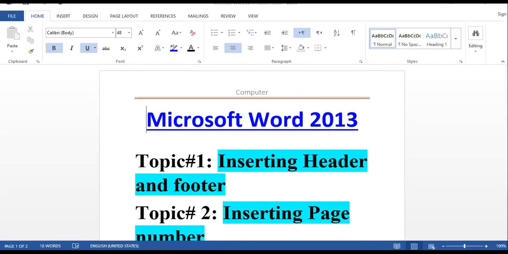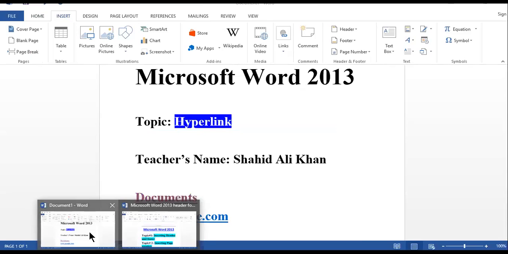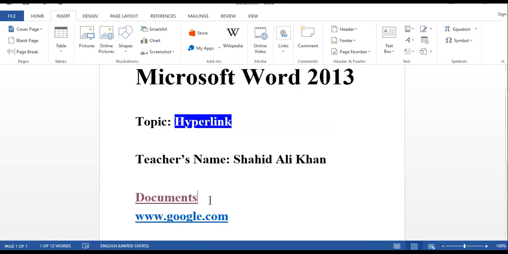Again I will move towards the hyperlink option. After you click, the hyperlink color is changed, because you have used that hyperlink. Now I will move on to the next hyperlink, which is related to the website address on the internet. Again I will press the Control key on the keyboard, and you will see the mouse pointer has changed. It will change to the hand.